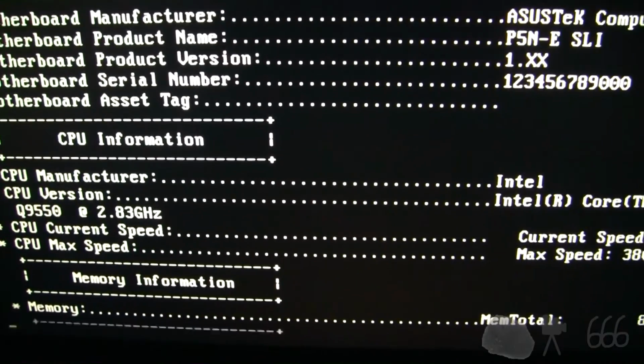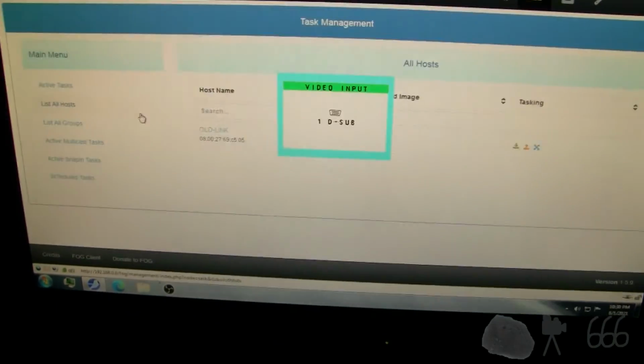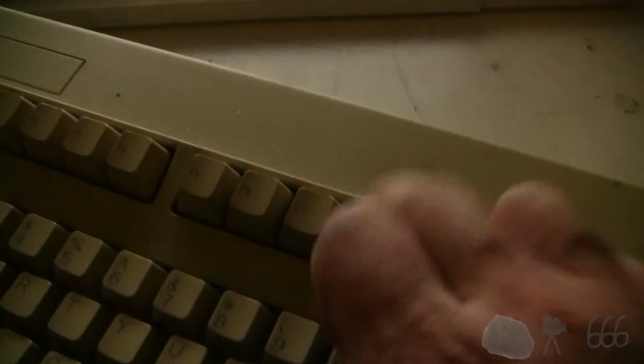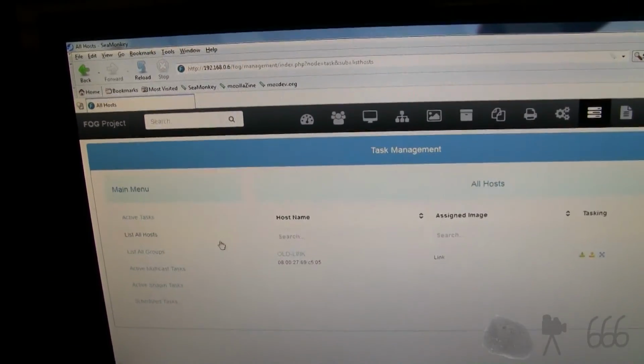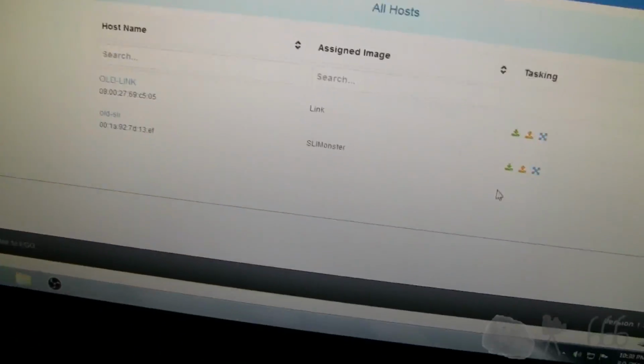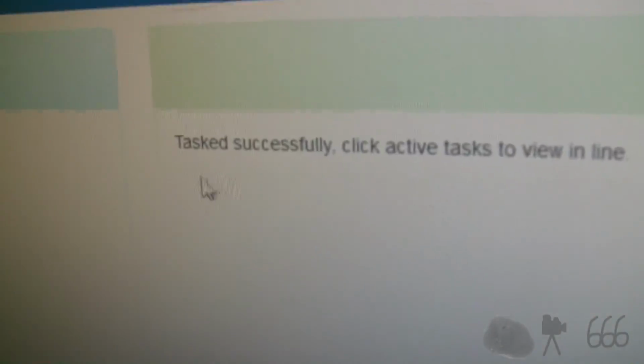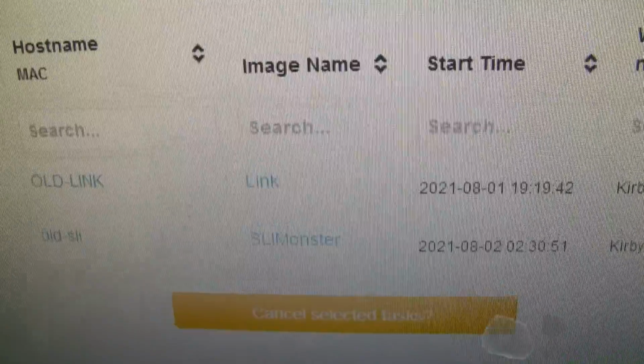All the data is coming in. Alright, so now it'll reboot. And it should actually automatically switch. I'm going to actually just push F8 on this keyboard for a little bit. This is the FOG server, which I have up. And what we'll do is we'll list all hosts again. There you can see old SLI. I want to capture. So, alright, active tasks. There is one already there, I'll get to that in a minute. But there it is. So now, when I switch this,